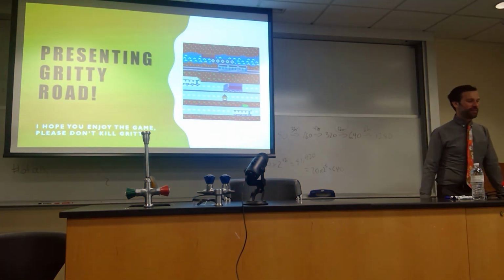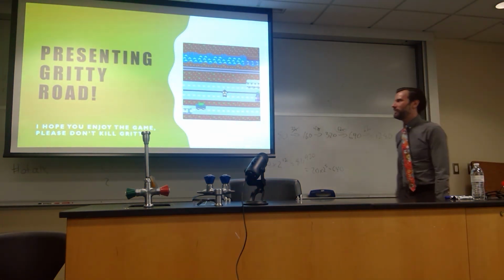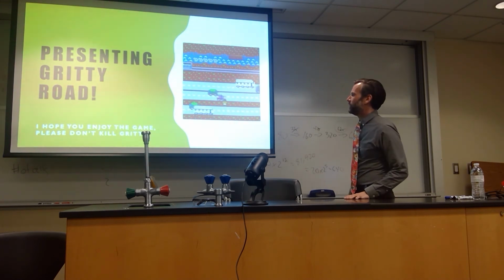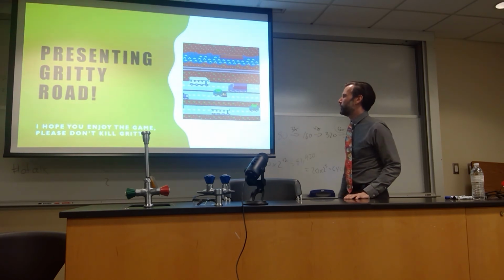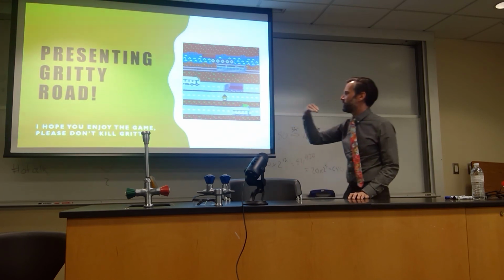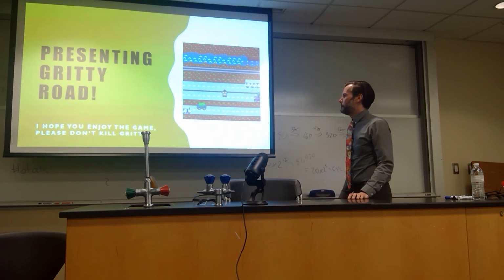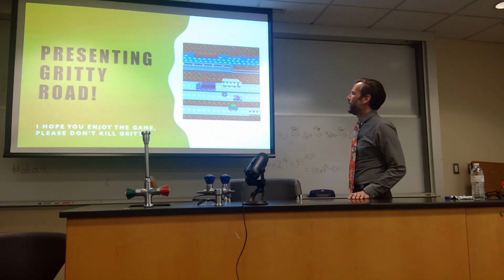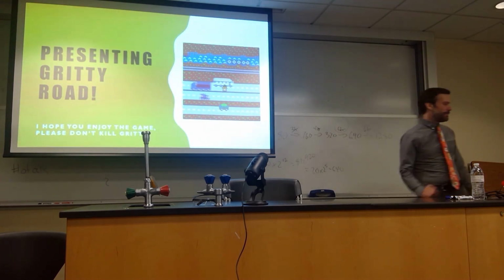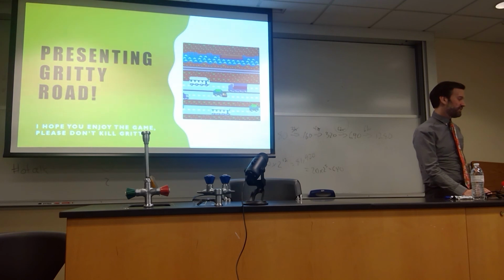And this is Gritty Road. So this is really just a GIF of the game. So Gritty is crossing the road and he actually dies in this. But this is what I mean about the isometric view. So you can see that the cars are kind of coming from the top and side angle, mainly from the top. But yeah, so I'm going to demo you guys the game, and I will take any questions